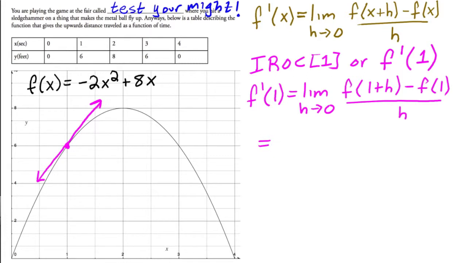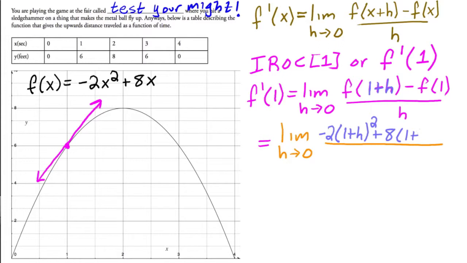Okay, so this is equal to the limit as h approaches 0 of f of 1 plus h. So what this means is plug in 1 plus h inside of your function. So I'm going to have minus 2 times 1 plus h squared plus 8 times 1 plus h